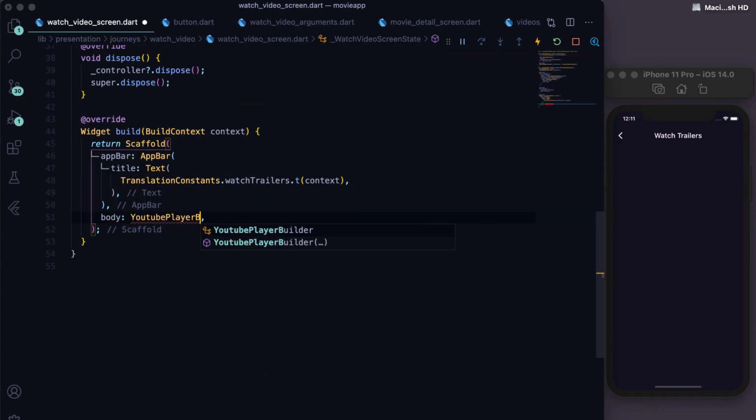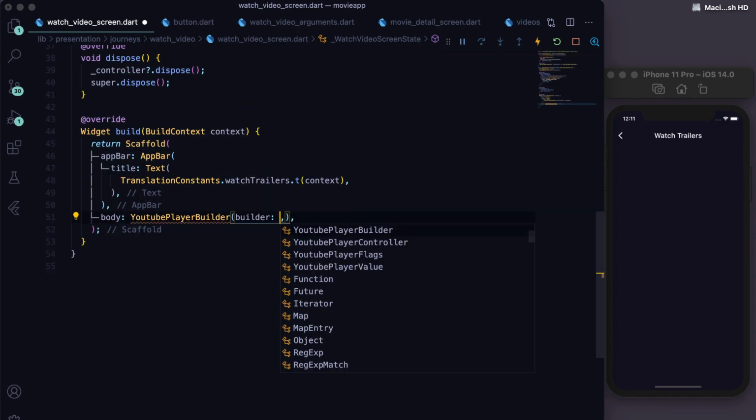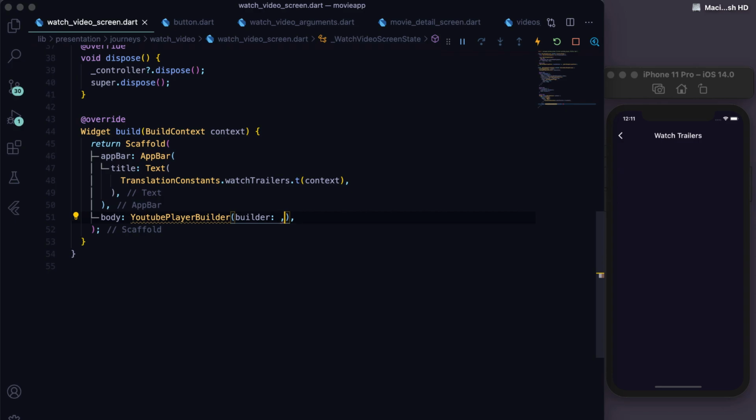In the body, you can use YouTube Player Builder because this gives us capabilities to rotate the screen when you want to see video in the landscape mode.